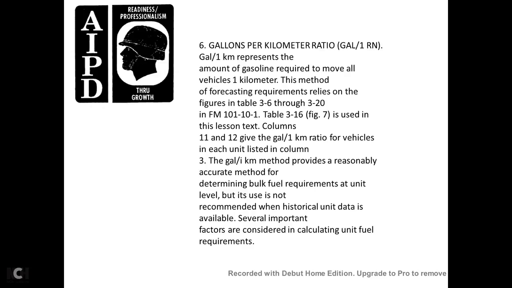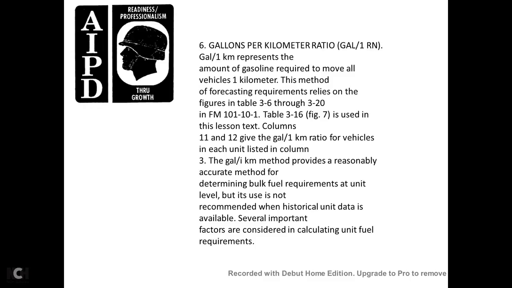6 gallons per kilometer with the ratio. The gallons per 1 kilometer ratio, the RN, represents the amount of gasoline required to move the vehicle 1 kilometer. The method of forecasting requires relying on the table figures in figures 3-6 through 3-20 and the field manual